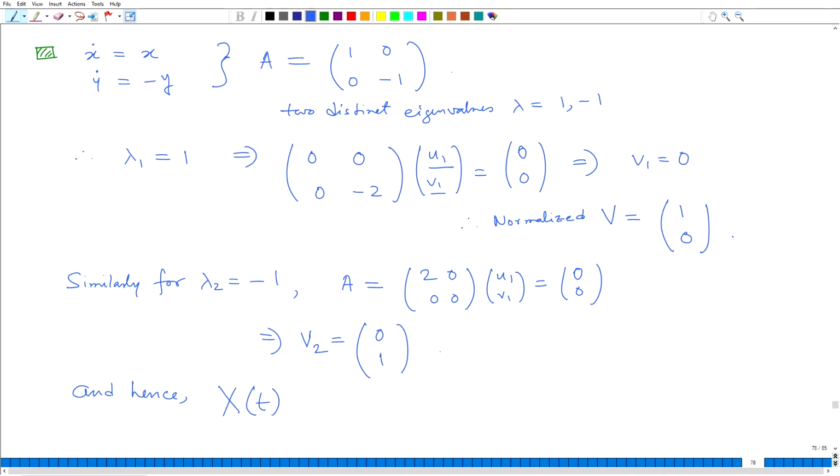x is simply given by C1 e to the power t times (1, 0) plus C2 e to the power minus t times (0, 1). You now search for the initial conditions. If they are provided, you can actually find C1 and C2. Okay. And of course, you see that this type of thing also gives you, if I just write this